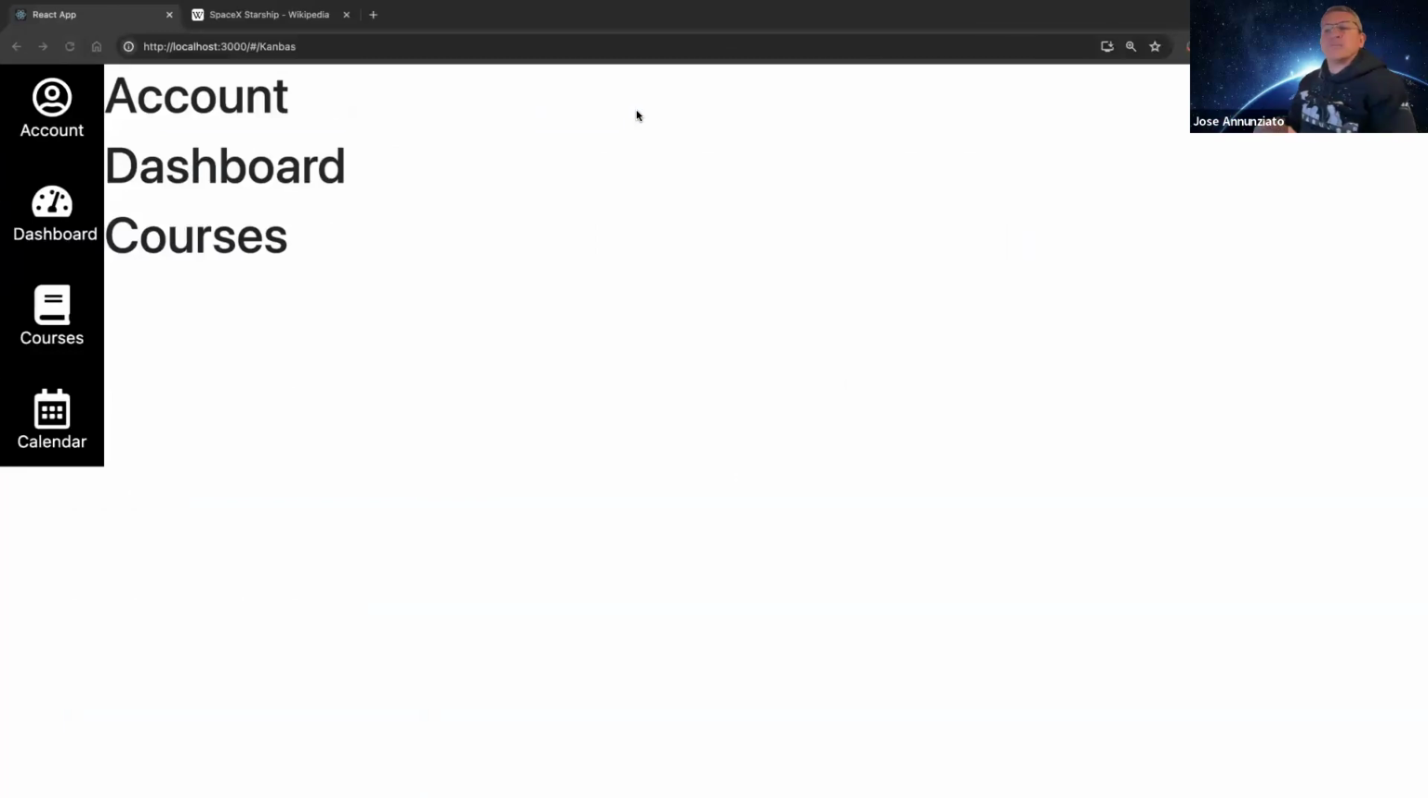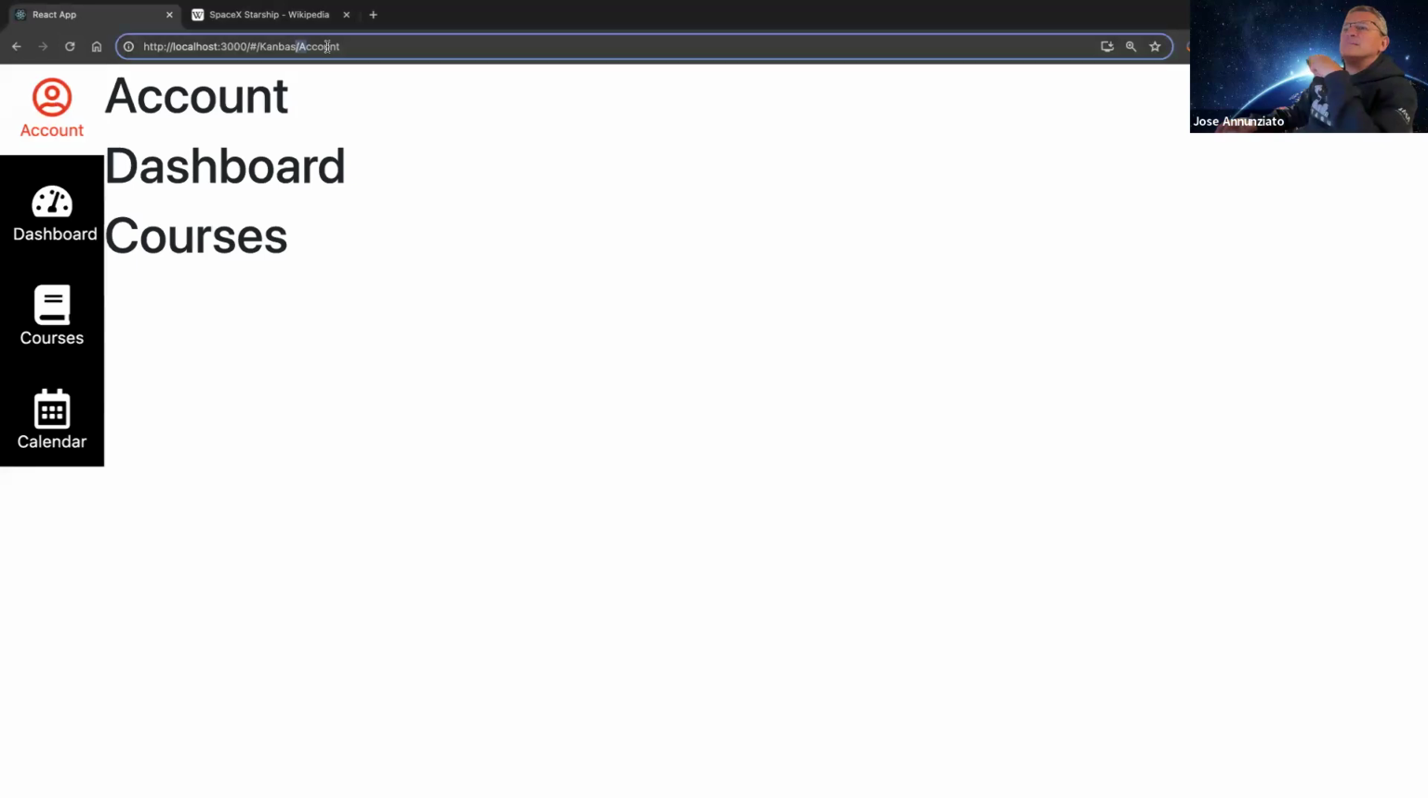And there it is, right? Now it renders correctly with the icons. And if I click on each one of them, notice at the bottom you can see Canvas account. At the bottom here, you can see Canvas dashboard, Canvas courses, Canvas calendar. So if you click on it, see that? We add /account, which adds the